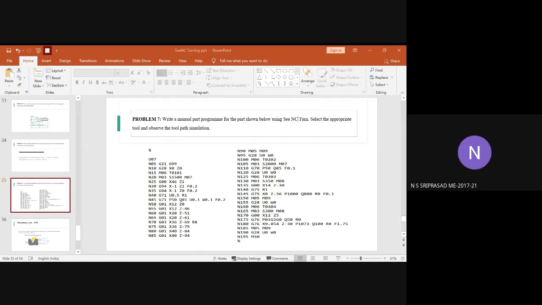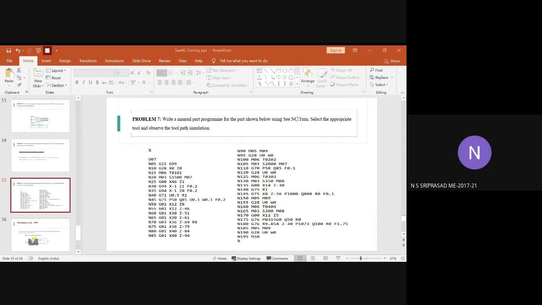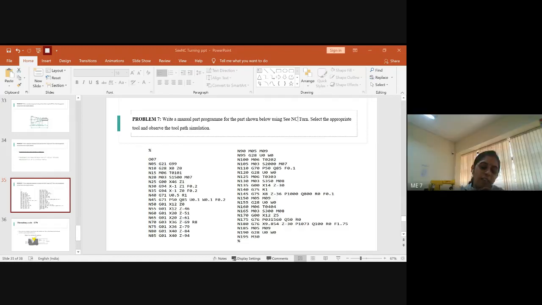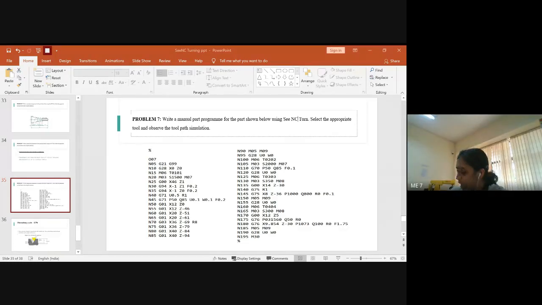Okay, ma'am. Why did this question come all of a sudden? No, ma'am, since we're learning CNC coding, I thought we would get hands-on experience. We would type some code, the syntax and everything, and then the machine would actually perform the operations, and we could see them happening on the machine itself. Yeah, we do have that.